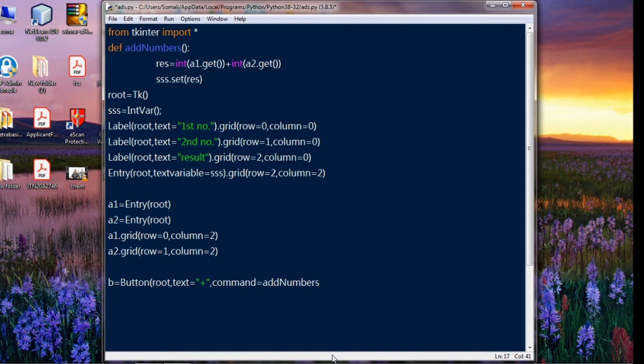Then to show the button we use the grid function, b.grid, row equal to 4 and column equal to 2.